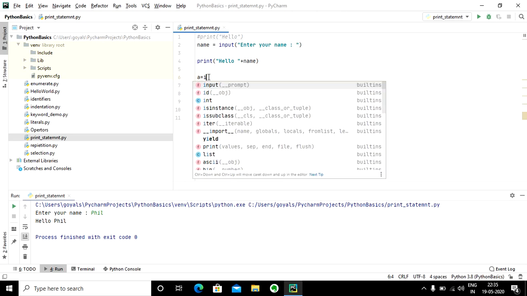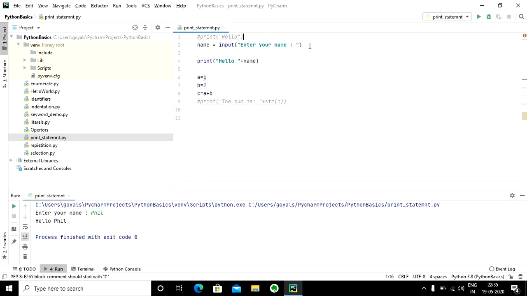So again, I'll use this input statement only, and here I'm going to paste the statement, and instead of saying enter your name, I'm going to say enter first value.